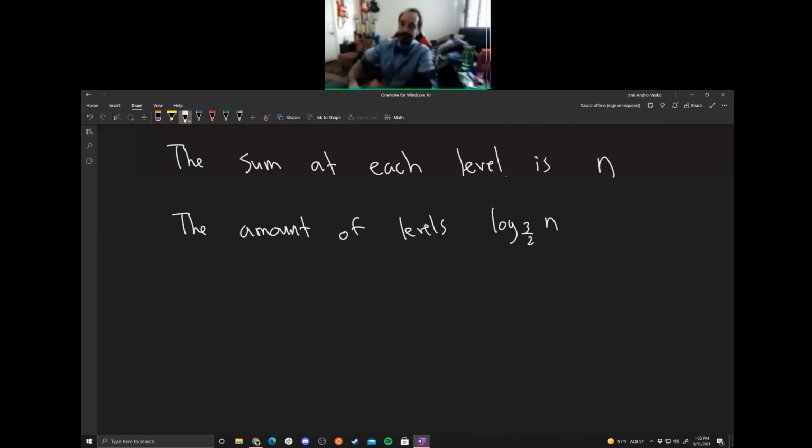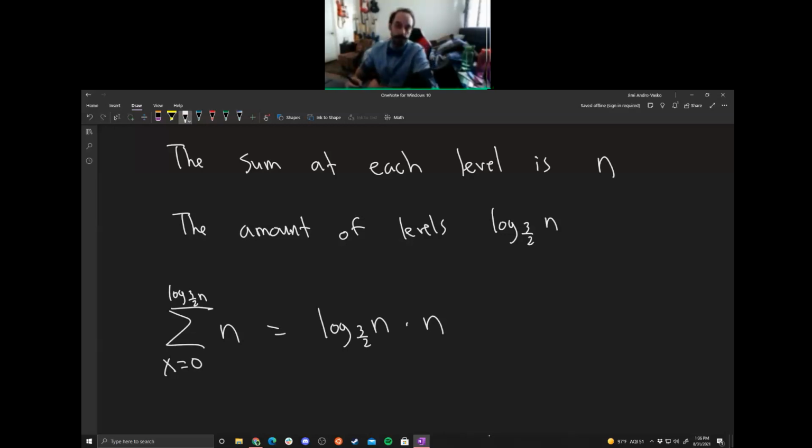So basically here in our summation, we're going to sum from x equals 0 up to log 3/2 n of n, to give us log 3/2 n times n. And we know that the base of the log does not play a role for asymptotic complexity. We can use L'Hopital's rule to show this, but we'll just leave that out. This will be just n